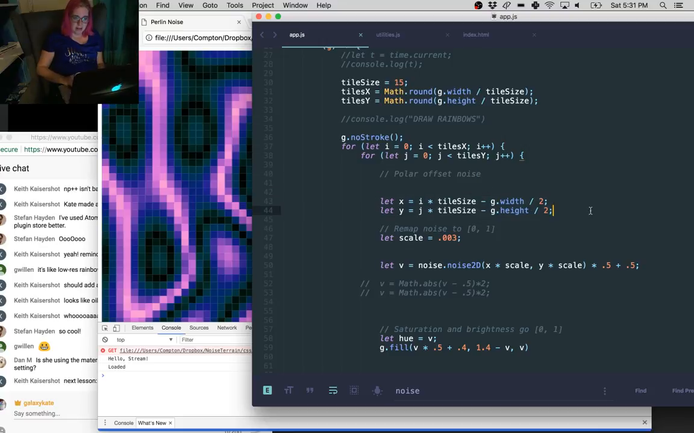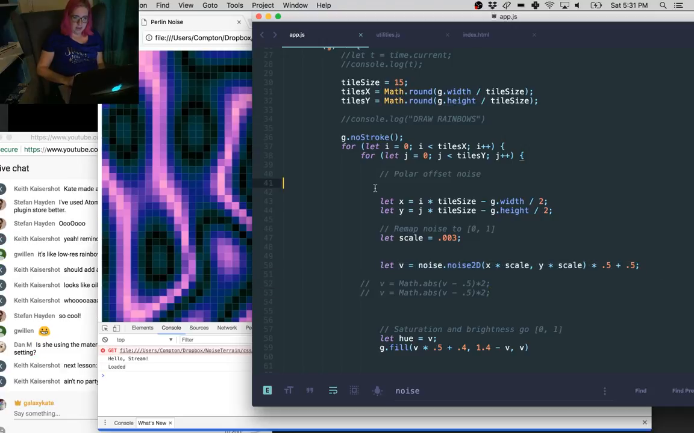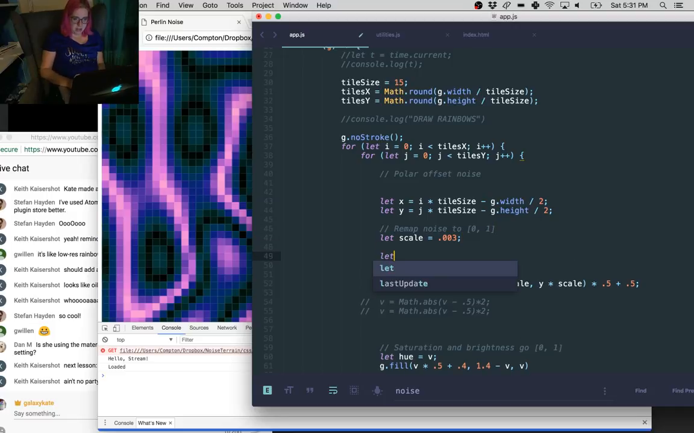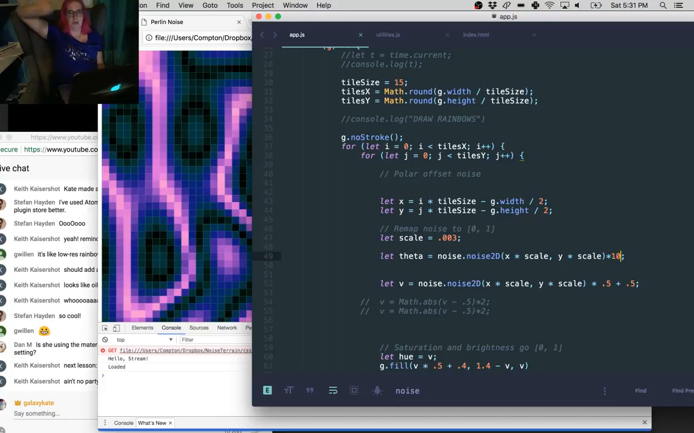So now, X and Y are X and Y. For each pixel, I'm going to calculate a theta value, and that's going to be based on the noise of X and Y. Just multiply that by 100, so like, by 10. So this is like a direction that might point in different directions depending on where you are in the noise